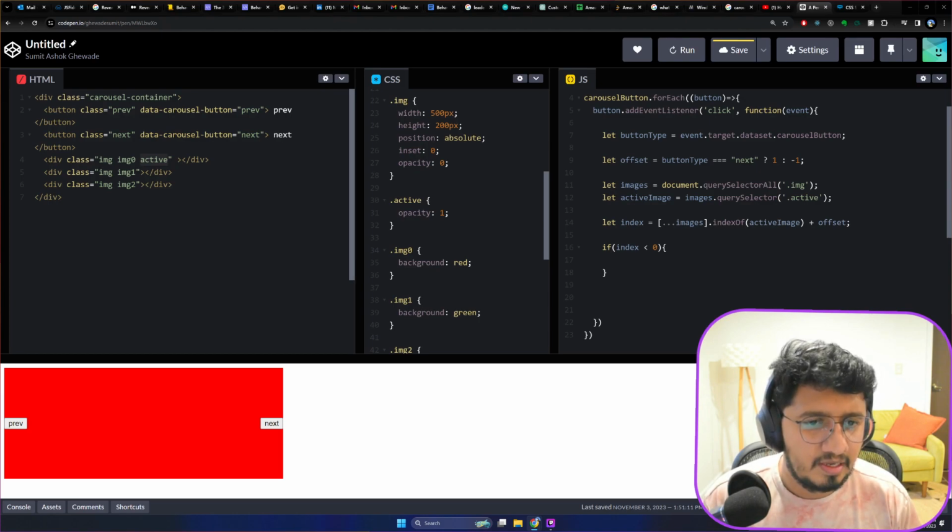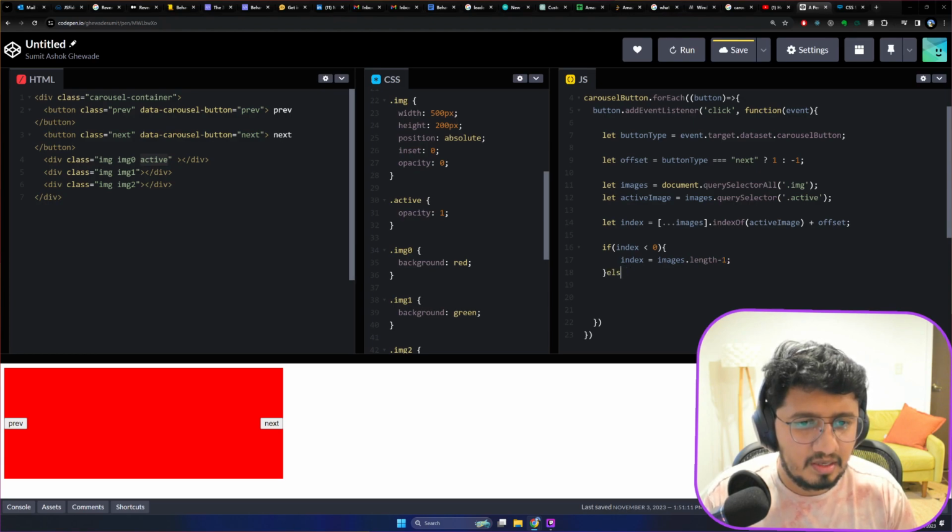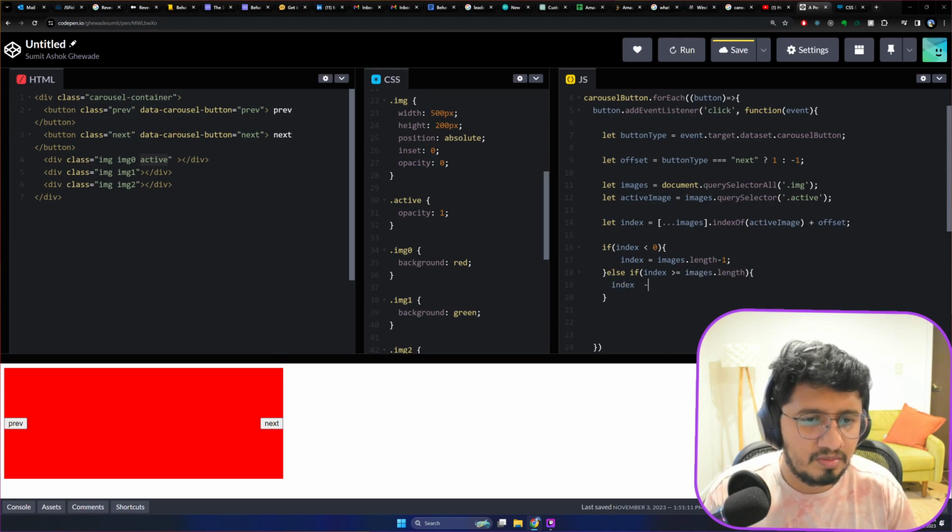So if index is greater than 0, then index would start from images dot length minus 1, and else if index is greater than or equal to images dot length, then index should start from 0. Okay,